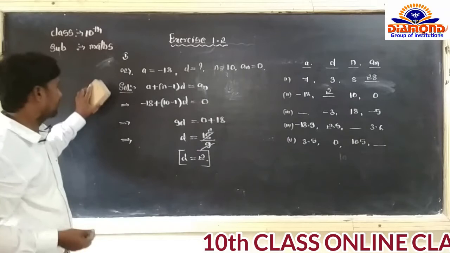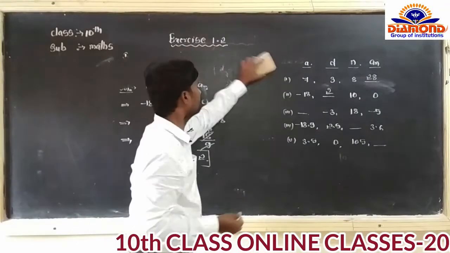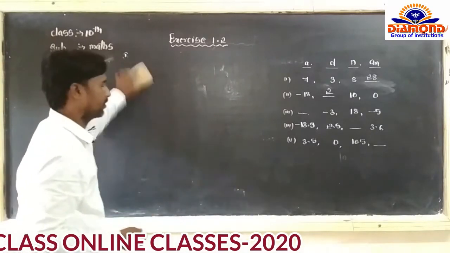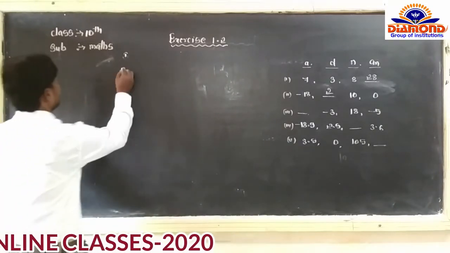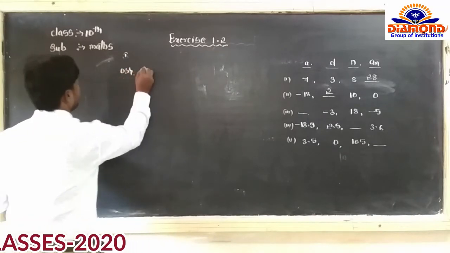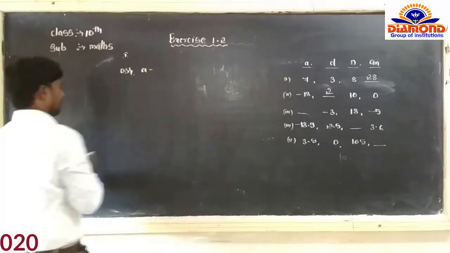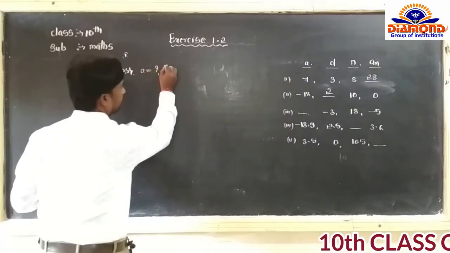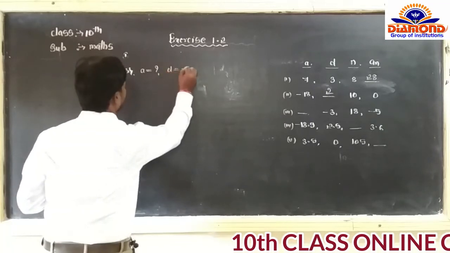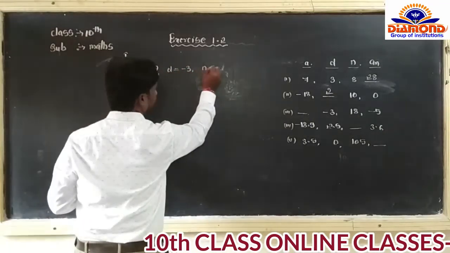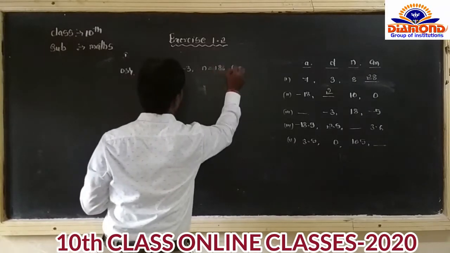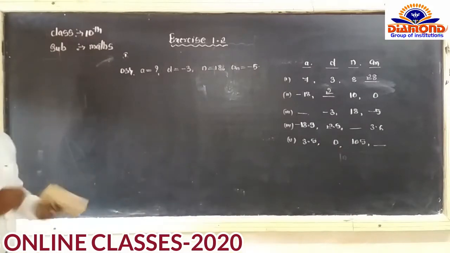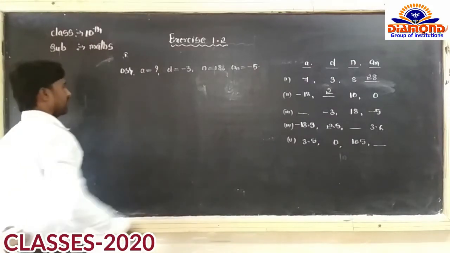And now I am cleaning this second question. Now we are going to the third question. In the third question, he asked here the a value. First term he is asking. So let us see. Question number 3 is there. a equal to question mark, and common difference is equal to minus 3 and n equal to 18 is there and an is equal to, given here, minus 5. Okay, we are finding here a, the first term.